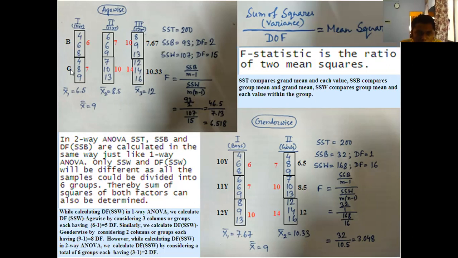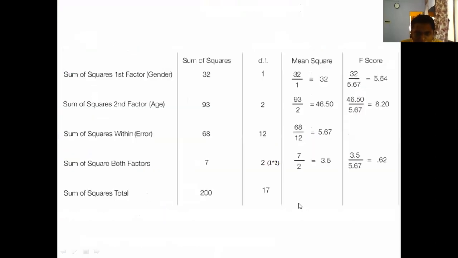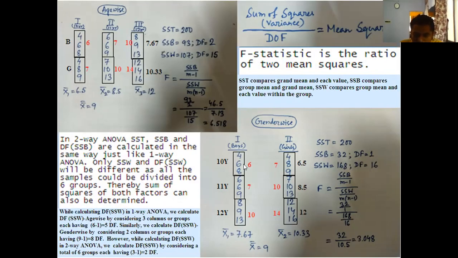It is not considering boys or girls, that means the gender. So you are subtracting each element from this mean. Whenever you say the term within, it is basically within boys or within girls. But in case of two-way ANOVA,